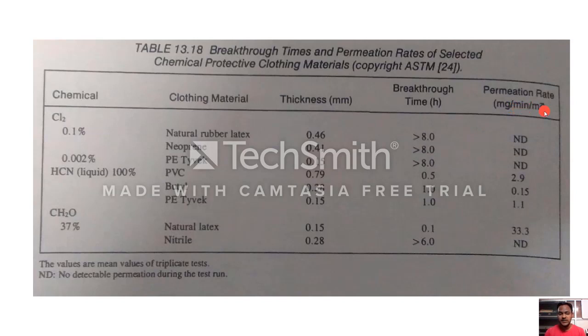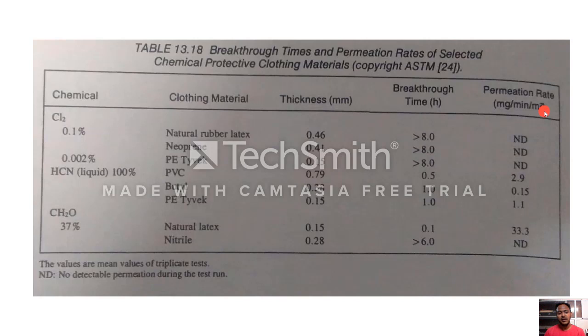So this is a standard which you can use as a template, to see whether, for a particular chemical, this kind of breakthrough time or permeation rate happens with the material you have used.